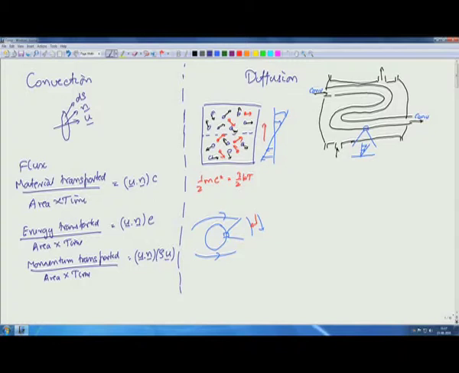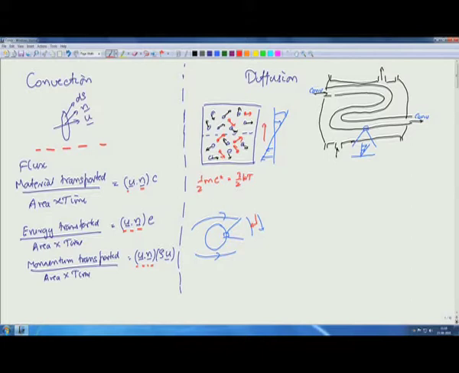This is now lecture number 19 in our course on transport processes. We had in the last two lectures looked at diffusion coefficients and constitutive relations. Firstly, the two mechanisms of transport, convection and diffusion. Convection is due to the mean velocity of the molecules, and the flux is equal to the component of the velocity perpendicular to the surface times the density of whatever is being transported, whether it is mass, momentum or energy.